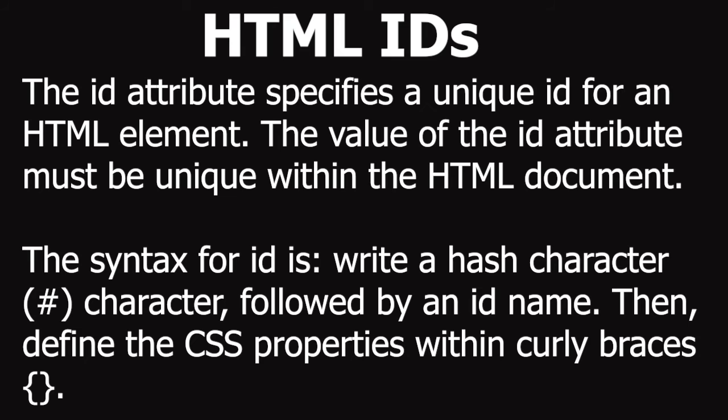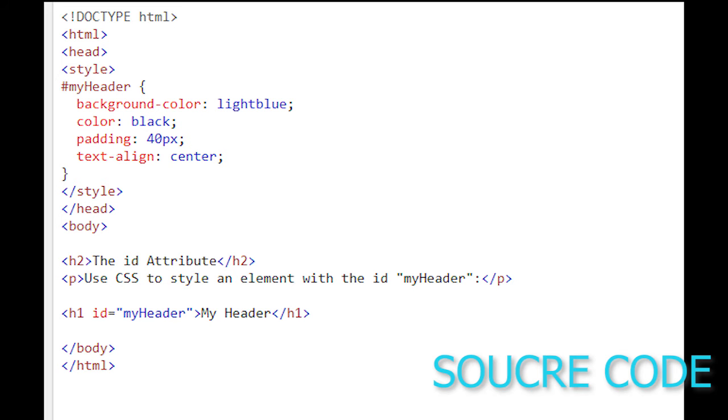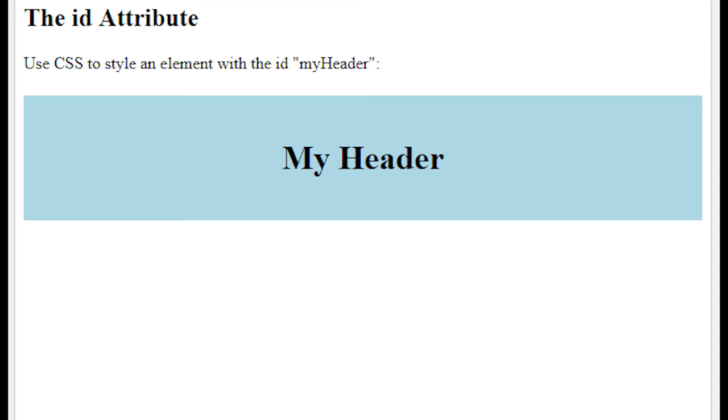The syntax for id is: write a hash character, followed by an id name. Then define the CSS properties within curly braces. For example, <!DOCTYPE html> <html> <head> <style> #myheader { background-color: lightblue; color: black; padding: 40px; text-align: center; } </style> </head> <body> <h1 id="myheader">...</h1> </body> </html>